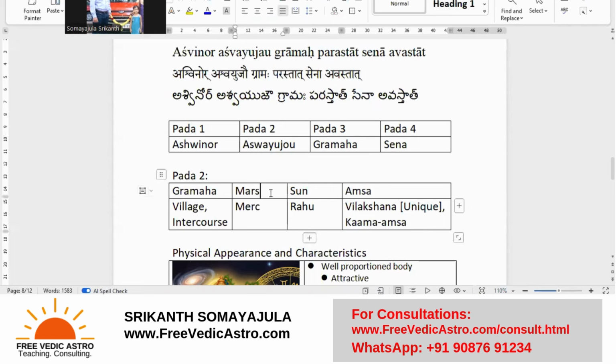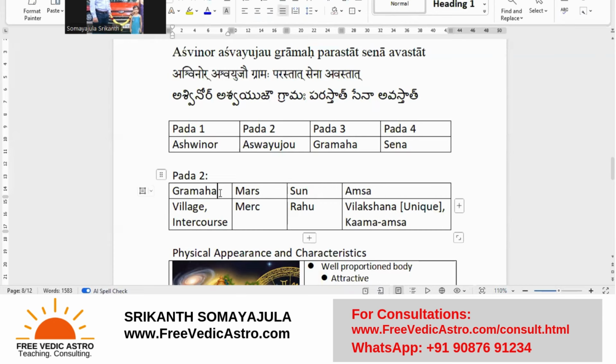The planet that is placed in the Pada 3 of Ashwini would be in Aries, which is ruled by Mars in the D1. It would also be placed in Gemini, which is ruled by Mercury in the D9. So what we have to look at is, irrespective of what the planet is or what lordship it is getting, it is definitely controlled by Mars and Mercury, right? So we need to see what is the interaction between Mars and Mercury. How do they interact with each other? If we know what these two planets are all about when they interact with each other,